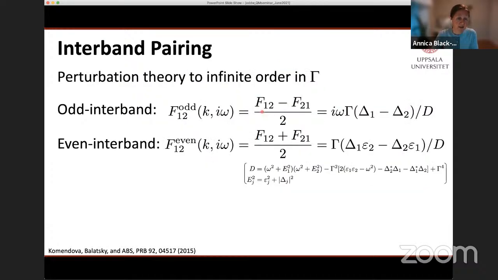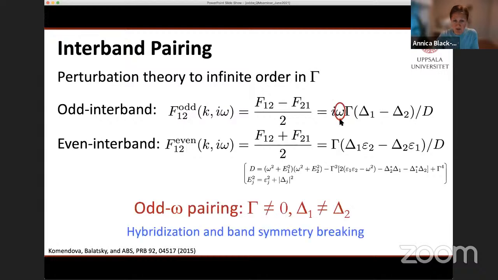And if you do that, and you look at the F1,2 and form the odd combination, so it's F1,2 minus F2,1, it looks like this. And you can form the even combination, it's just with the plus sign. And here you see directly the odd combination is odd in frequency. This is what this omega here is, whereas the even one has an even frequency contribution, because this D here is actually frequency dependent, as you see here, but it's all even